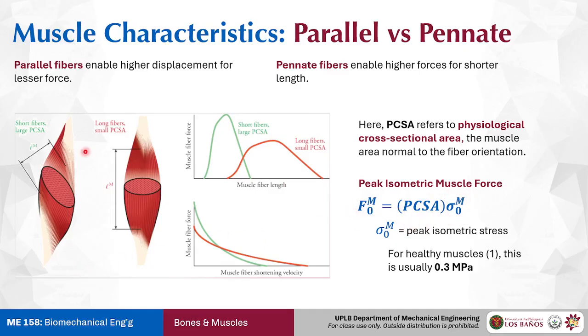Now, for the pennate muscles, the force is going to travel along the muscle fiber. But if you take the perpendicular area of that, there's a lot more. There is way more cross-sectional area in the pennate fibers, hence allowing for a higher peak in force transmission. So those are the things that are affecting muscles.